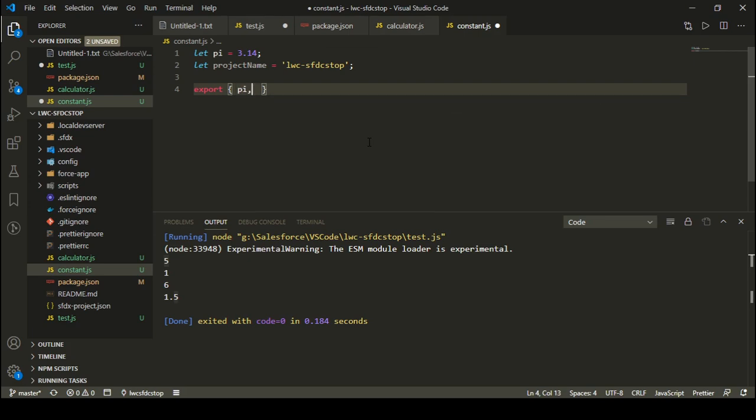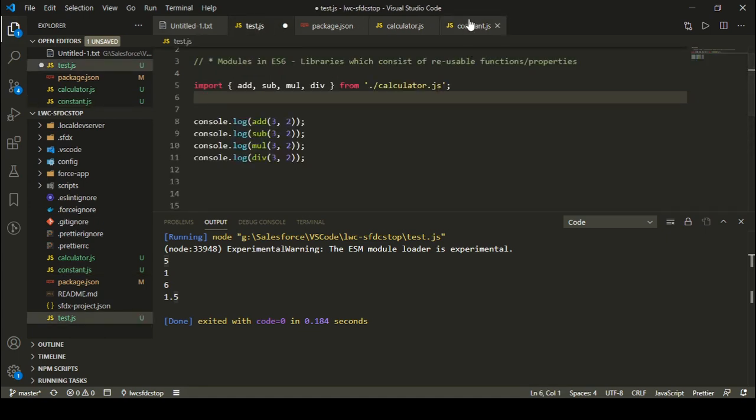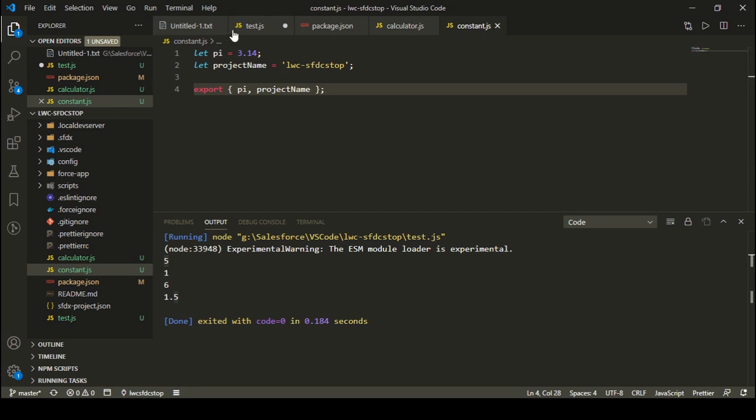So let's say I want to export pi, and I want to export projectName, right? And that's it. So in this kind of module, I have just defined two variables and I'm exporting those variables. So let's say I'm importing this pi and projectName variable from my constant.js.